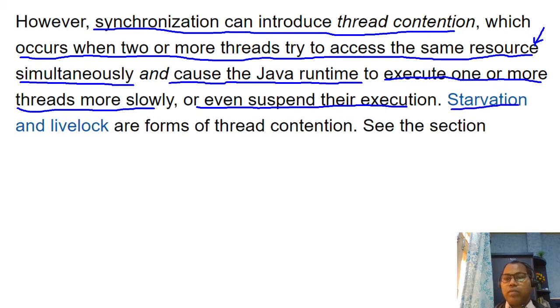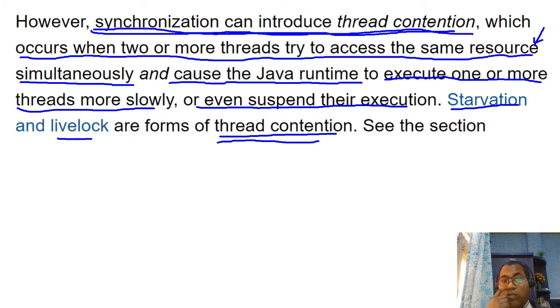These are forms of thread contention. Synchronization solves some problems, but when you use it, you introduce a different kind of problem known as thread contention.